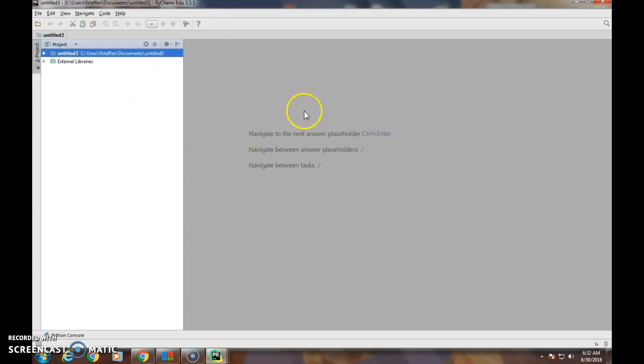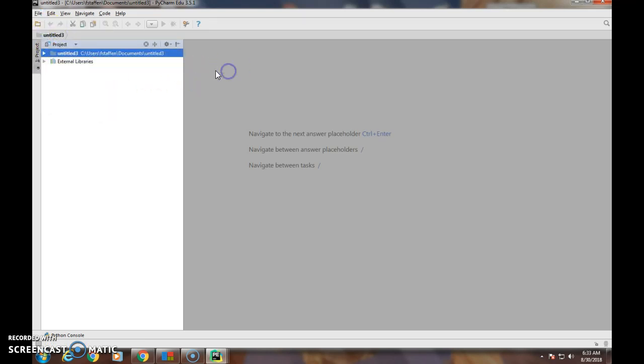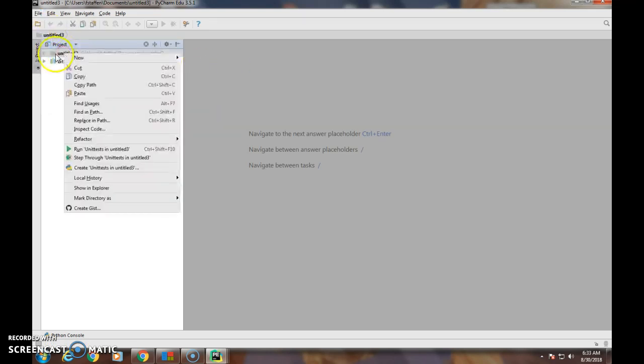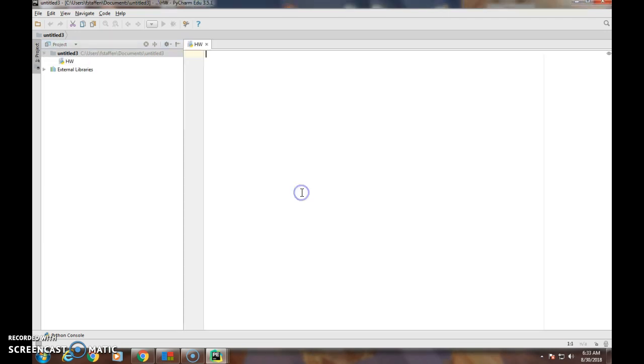Now notice this is gray because we only have a project created and not a file. So two ways to create a file. Just go up to File and hit New File. Okay. Or you could just right click on the project that was untitled and hit New File. And we'll give it a name, and I'll call it HW for Hello World. Okay. You probably want to use better names than that, than initials. Okay, so let's get started with our first